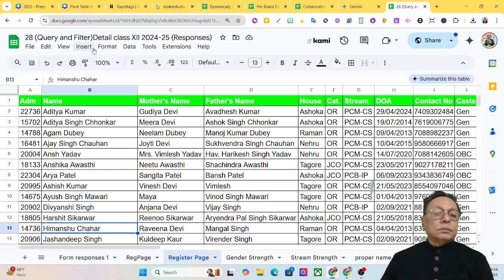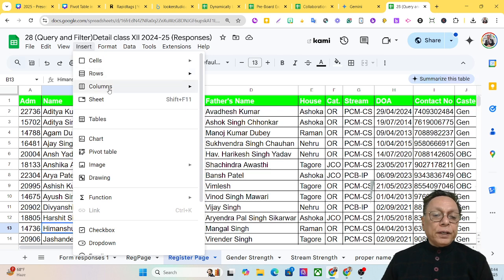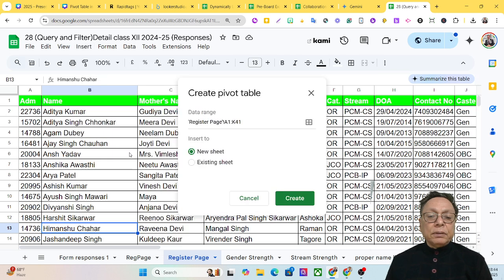So come to Insert, and over here you see the option Pivot table. Click on this pivot table, and first it's asking for the range for which you want to create the pivot table. The second point is asking whether you are creating the pivot table in a new sheet or in the existing sheet. It is suggesting that a new sheet is quite okay, so I am taking a new sheet for creating the pivot table, ignoring the existing sheet. When I click on create,